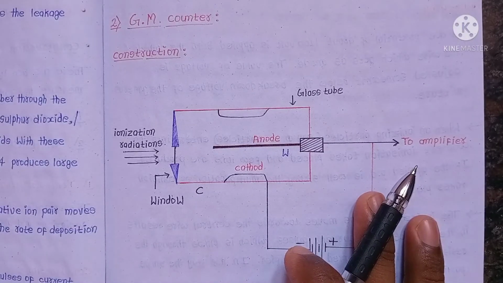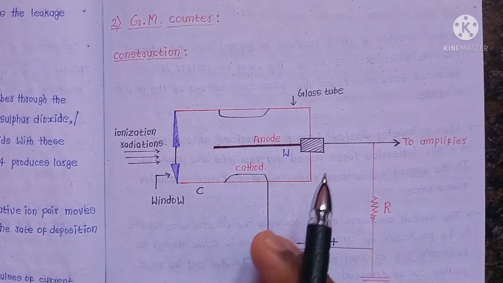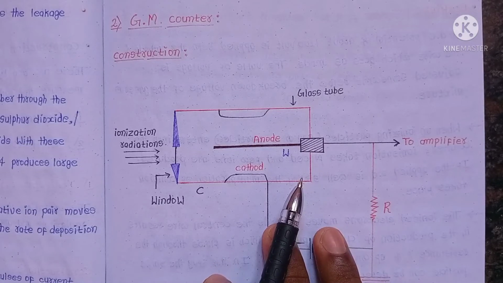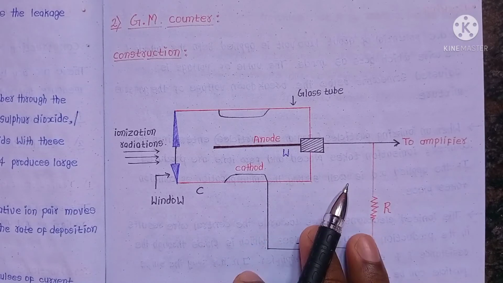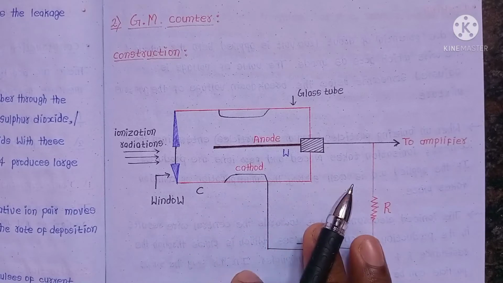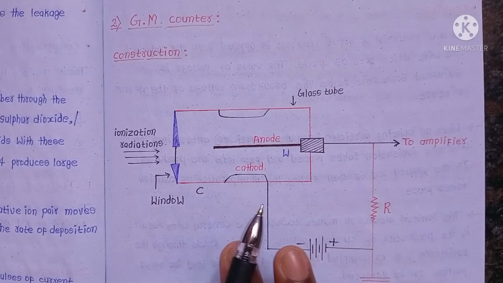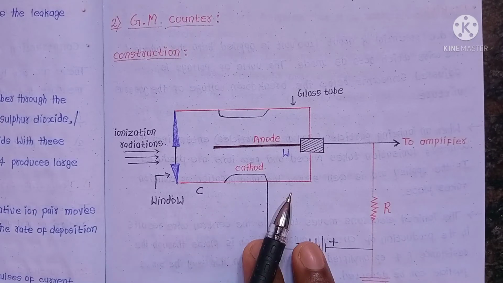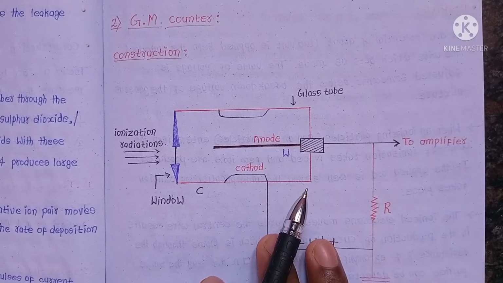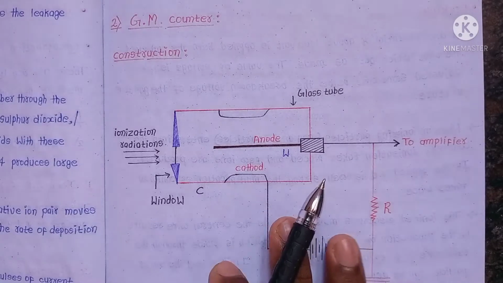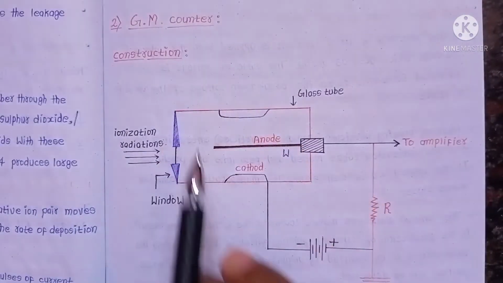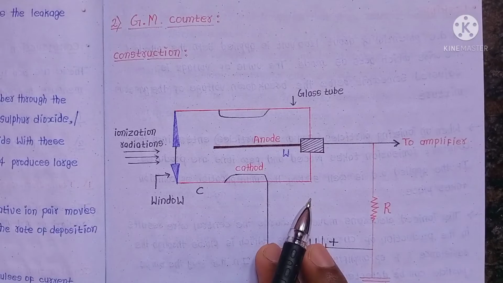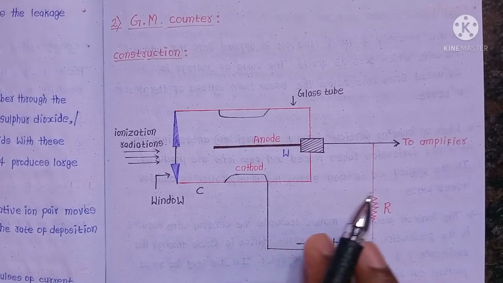So we were discussing the detection and measurement of the radioactivity of radioactive particles. Some of the instruments used for detection, that is, detectors used for the detection of the radioactivity of such particles. In this series we already discussed the ionization chamber, which is used to detect the radioactivity and energy of the radioactive particles. In this video we are going to discuss the GM counter, its construction and working in the detection of radioactive particles or radioactive radiations.